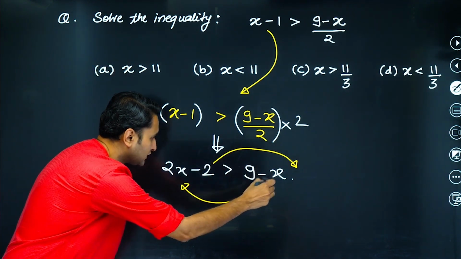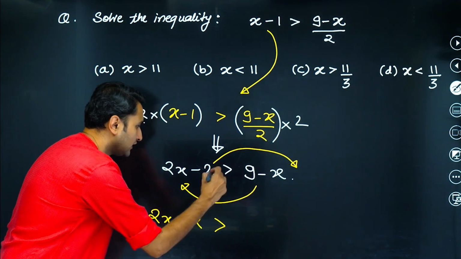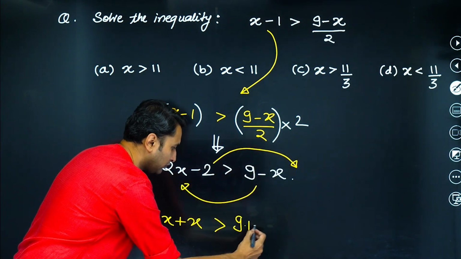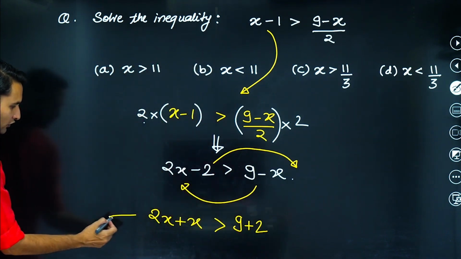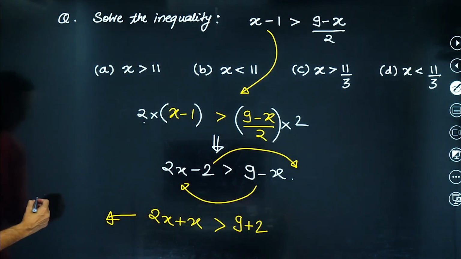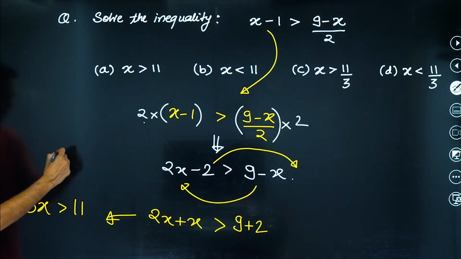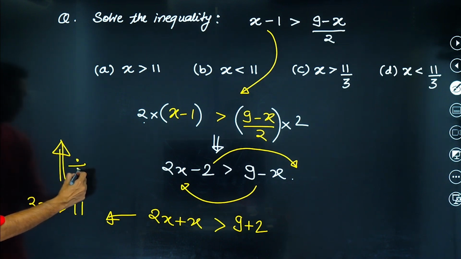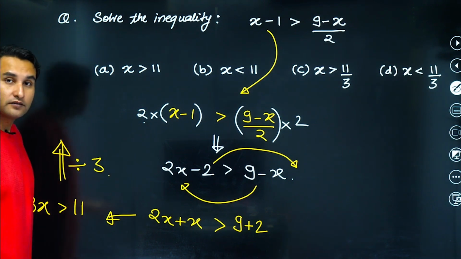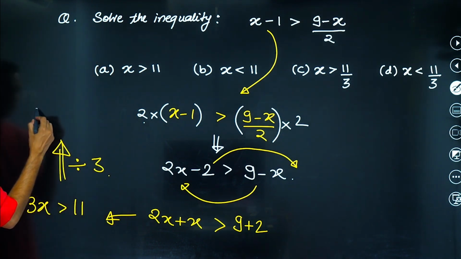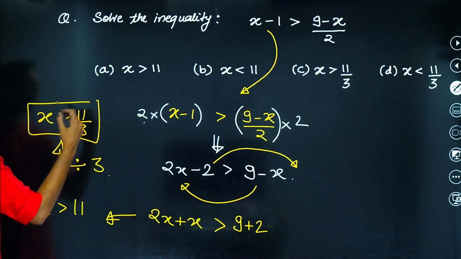So what happens? This minus x comes here, it becomes 2x plus x. This minus 2 goes there, it becomes 9 plus 2, right? So what you are left with is 2x plus x, 3x greater than or equal to 11. Now you can divide both sides by 3. When you divide both sides by 3, inequality does not change. So x greater than or equal to 11 by 3. That should be your answer, which should be